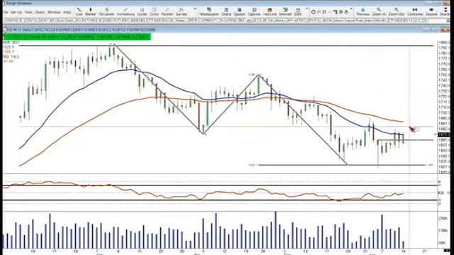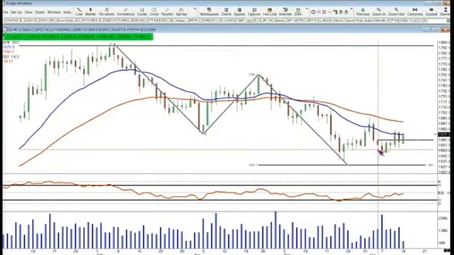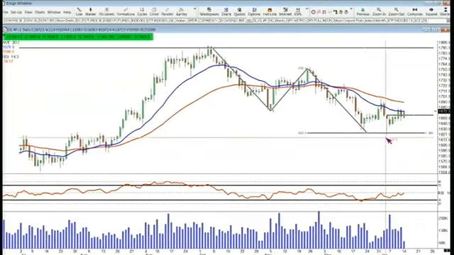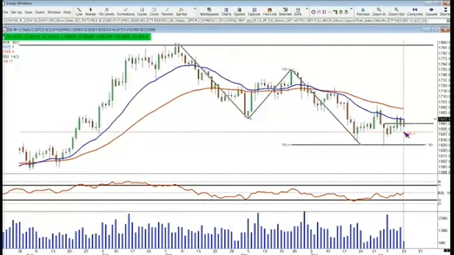Of course, gold does have a little hammer candle down here on January the 4th. That is a bullish move as it was testing the 1-to-1 A to B equals CD down, which was 1629.70 as the projection. But gold also has to work off its oversold condition. Until it gets above that 50% line and stays above that 50% line on the relative strength area, it is really showing more relative weakness than relative strength. And as the U.S. dollar index begins to move up, right now only up 2 ticks, that will continue to put pressure